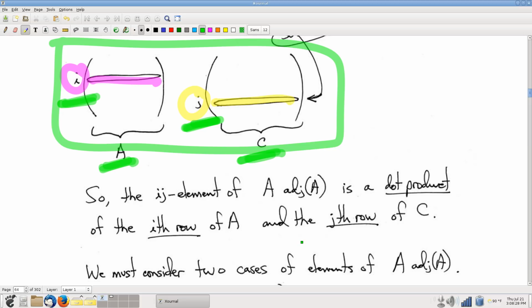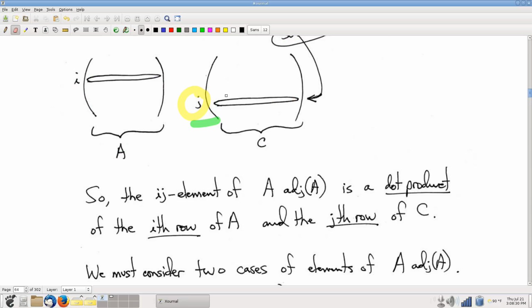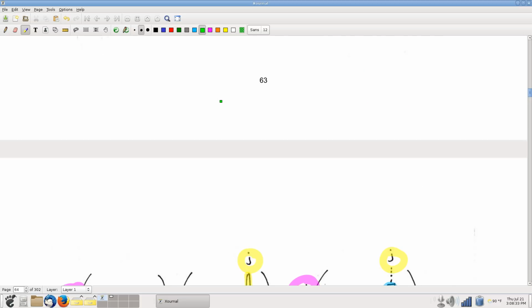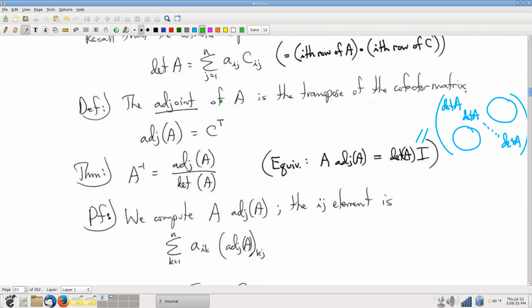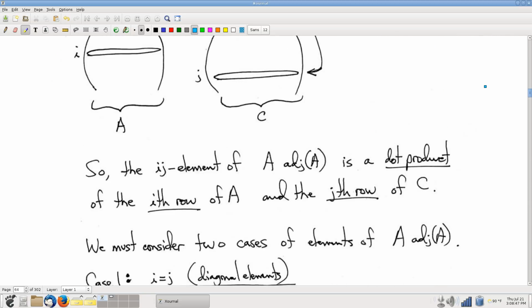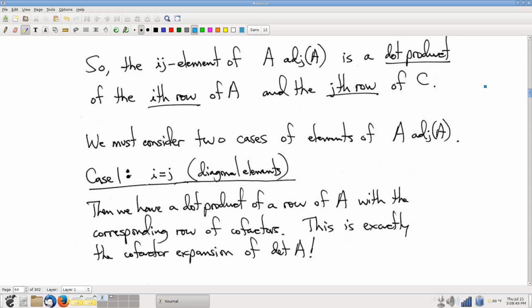Okay, so if I want to show that I get the matrix that I'm supposed to get, keep in mind my goal is to show that I get determinant of A along the diagonals, and then I get 0 off the diagonals. I just have to consider those two cases. And we'll start off by thinking about on the diagonal. Keep in mind on the diagonal, i is equal to j. All right, so if we're on the diagonal and i is equal to j,